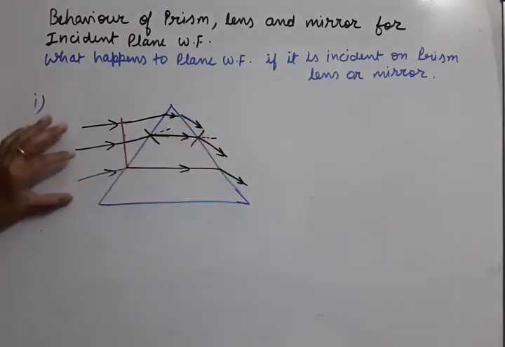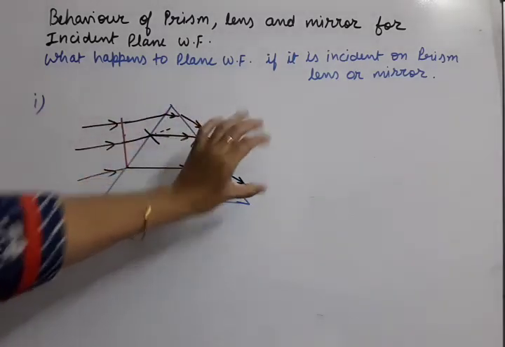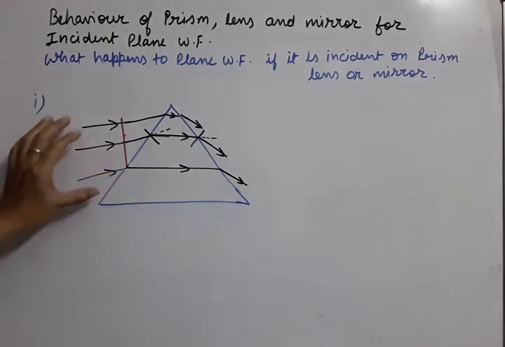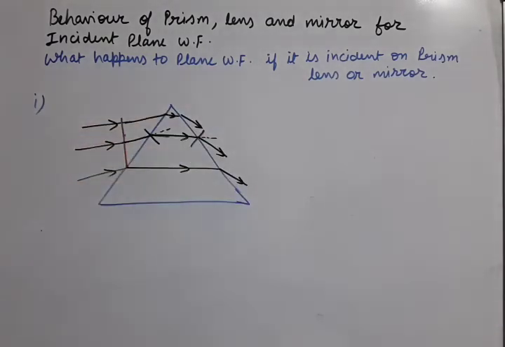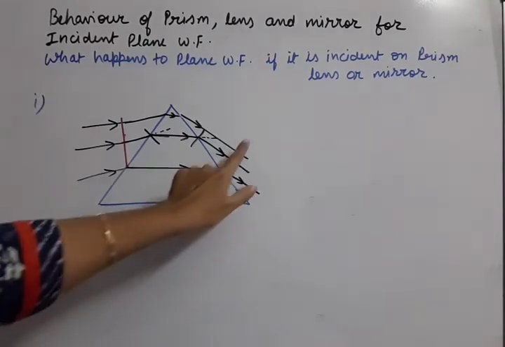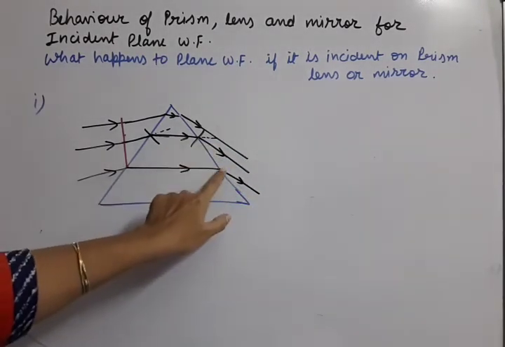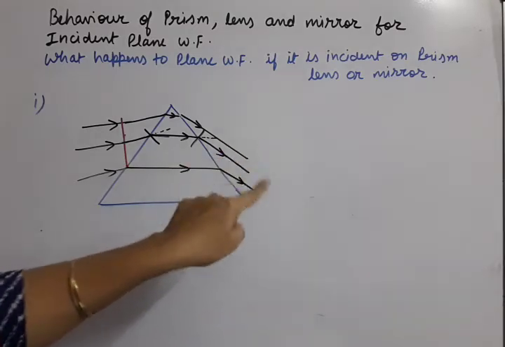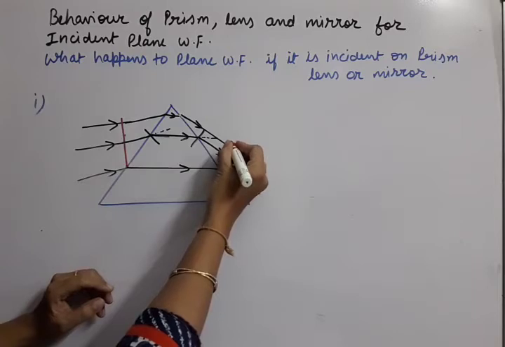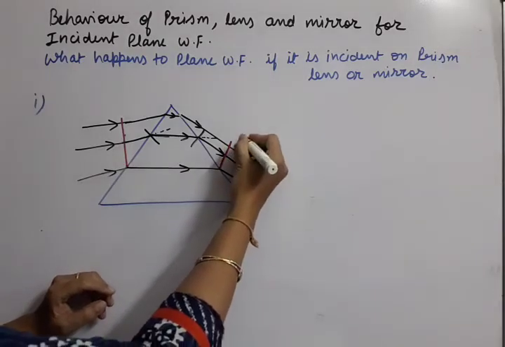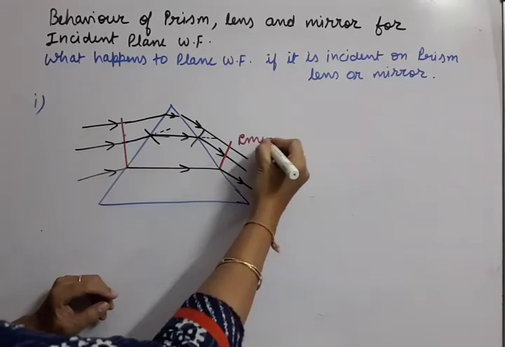So these three rays which we have obtained, while coming out of the prism, are also parallel. Earlier also they were parallel and the same angle of bending took place. So now also they are parallel. We will extend these rays. How to get the emergent wavefront? These are the emergent rays. We know that ray and wavefront are perpendicular to each other. So if we draw a line intersecting them normally, this is the emergent wavefront position. Okay, emergent.